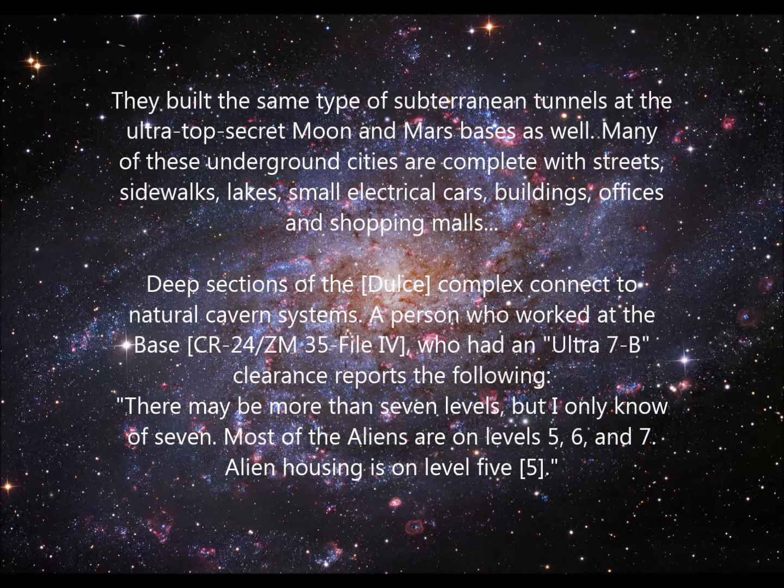They built the same type of subterranean tunnels at the ultra-top-secret Moon and Mars bases as well. Many of these underground cities are complete with streets, sidewalks, lakes, small electrical cars, buildings, offices and shopping malls. Deep sections of the Dulce complex connect to natural cavern systems. A person who worked at the base